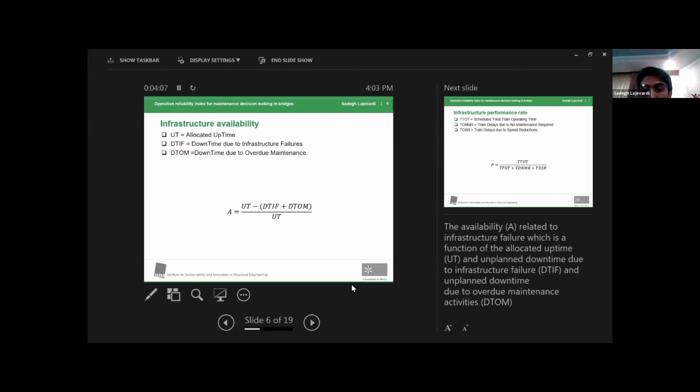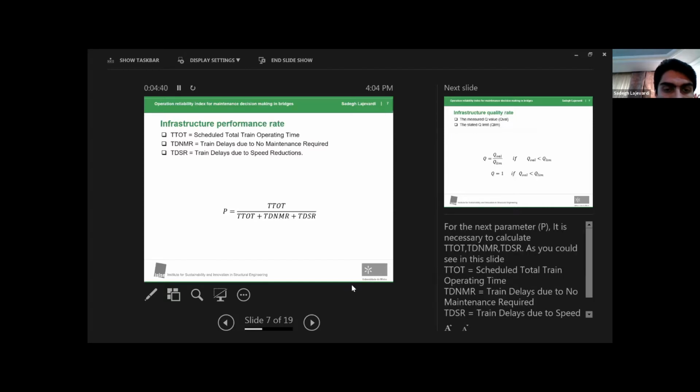So for the item A, the availability, it is necessary to find the infrastructure failure, which is the function of the allocated uptime. We will present it with UT and also unplanned downtime due to the infrastructure failure, and also unplanned downtime due to overdue maintenance activities, as you could see in this formula A. For the next parameter, it is necessary to calculate TTOT, which represents scheduled total train operation time, TDNMR, train delay,